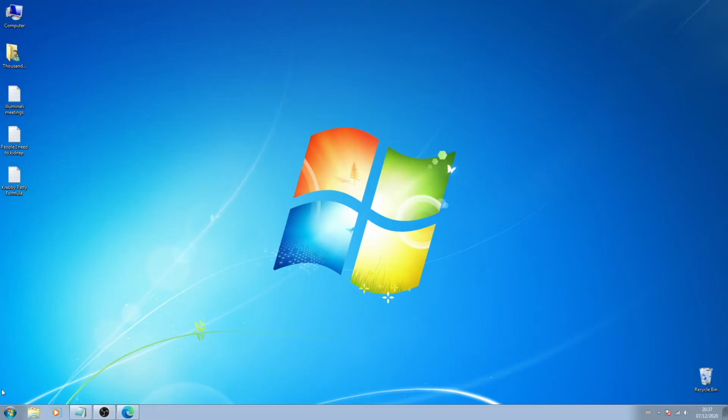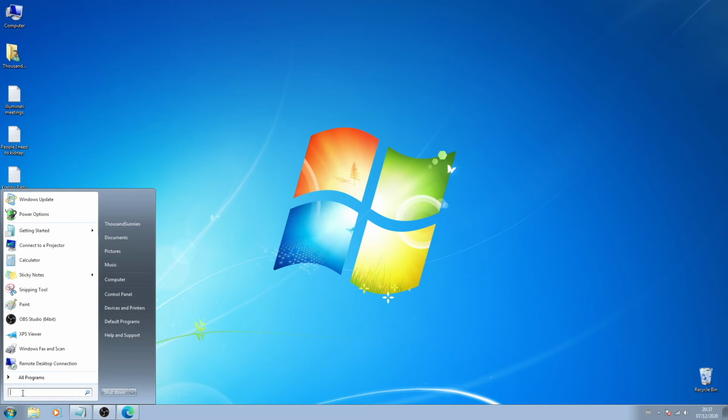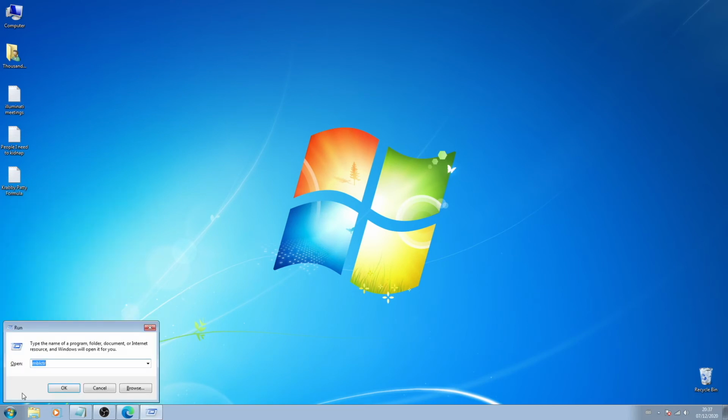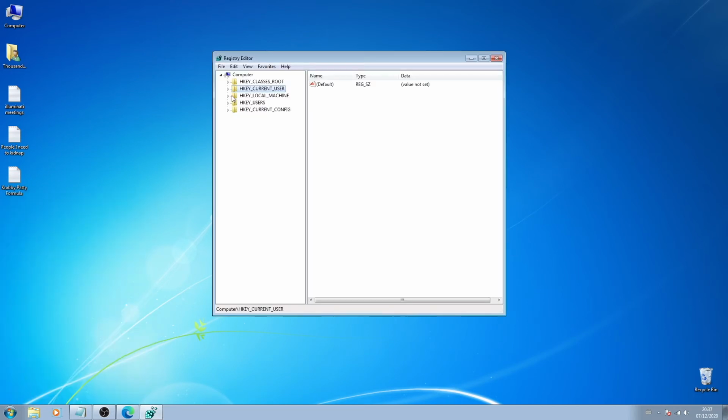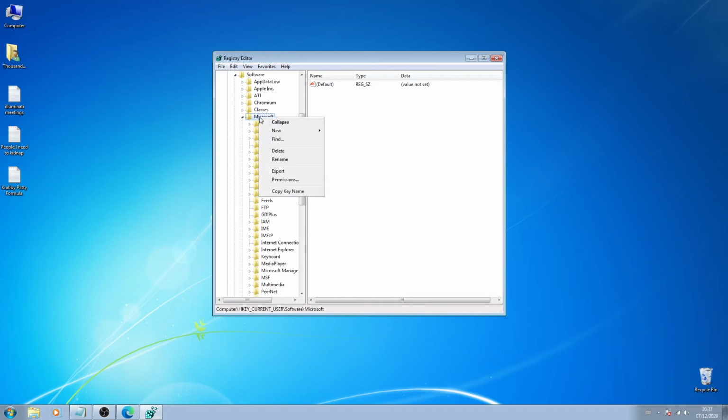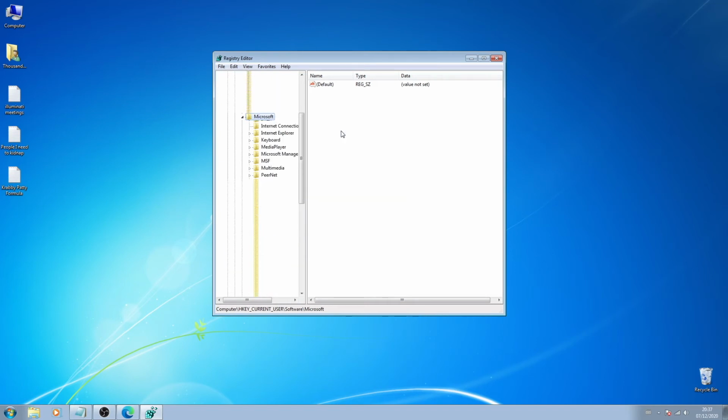The third and the final way. From the Start menu, we're going to go to a Run page, and then we're going to go to the Registry Edit by entering regedit. That takes us to Registry Editor, and then we're going to click HKEY_CURRENT_USER, and then the Software, and then Microsoft. And in this folder, we're going to be creating a new key, and we're going to be naming